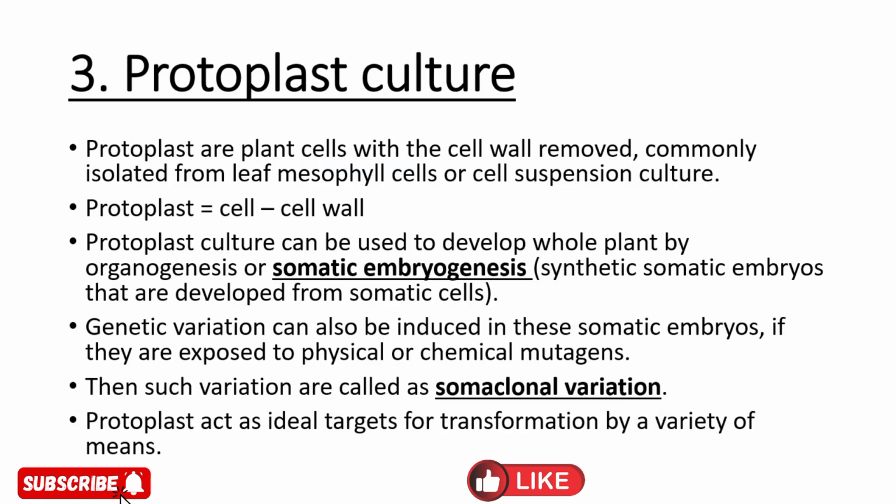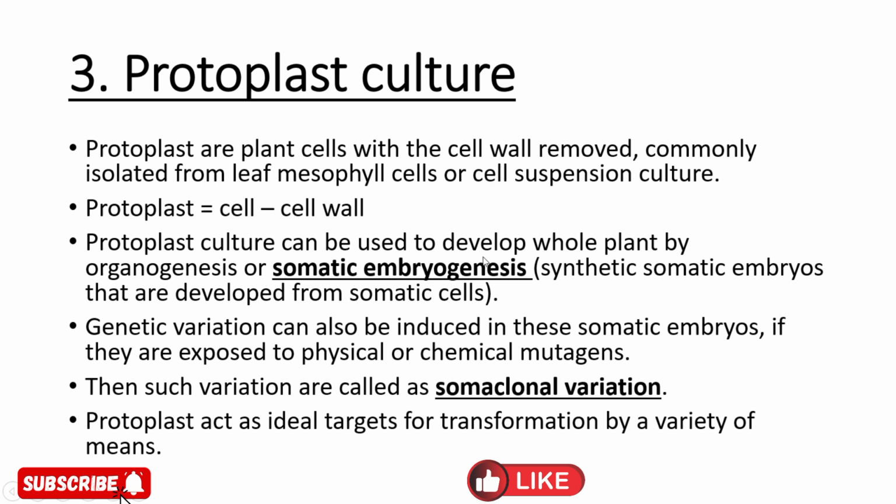The third one is protoplast culture. First of all, what is protoplast? The plant cell in which the cell wall is removed is known as protoplast. Protoplasts are commonly isolated from leaf mesophyll cells or cell suspension culture. Protoplast culture can also be used to develop a whole plant by organogenesis. This single-cell protoplast regenerates the cell wall and converts into a whole plant by the process of organogenesis